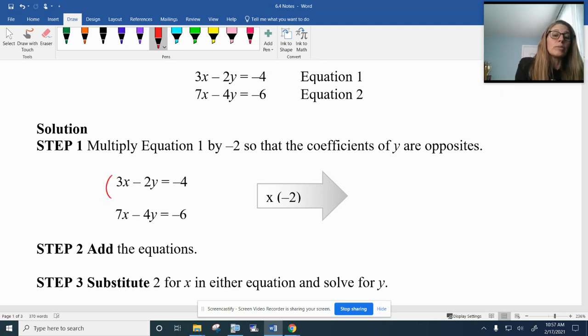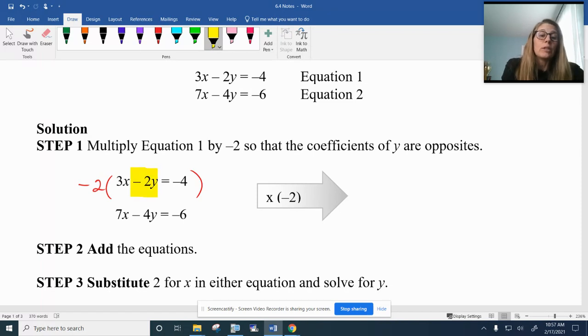So if I multiply this equation here by a -2, that will in turn make this -2y into a positive 4y, which will then cancel my -4y. So that's what we're going to do. I'm going to take this first equation, and I'm going to multiply everything by the -2. So make sure that number gets distributed to all three parts of that equation. So we end up with